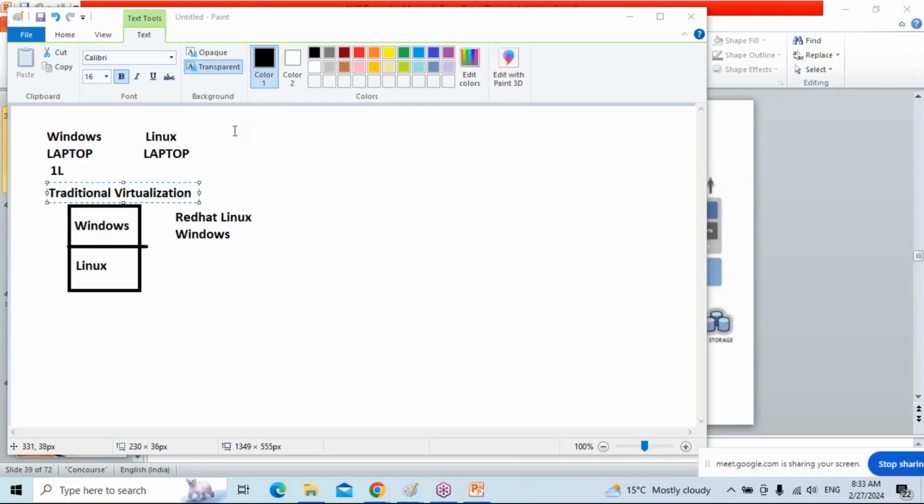You can't call from both numbers at a time, or receive calls for both numbers at a time. Only one number will be active. Similarly, you can't boot both operating systems at a time. If I'm in Windows, I can't see Linux. If I'm in Linux, I can't see Windows. So both operating systems cannot be active. We can't run both operating systems simultaneously. This is the problem with traditional virtualization.